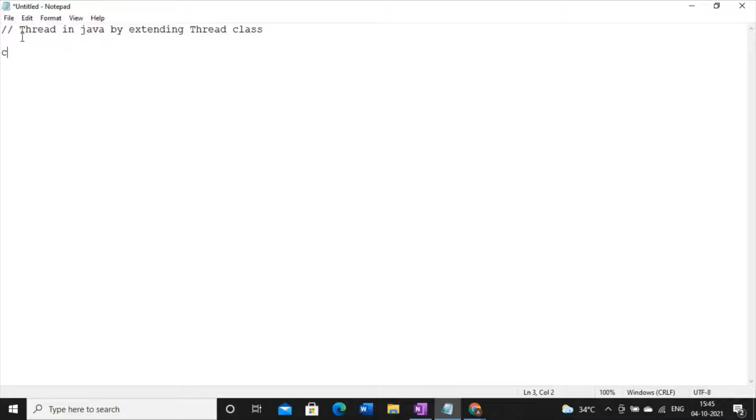So what we will do, we will define a subclass, say NewThread, and this subclass will extend which one? This superclass. So this is the first step that we are going to use. We are going to create a thread by extending the superclass Thread. Now the next part. Whenever this part is over, then we have to define one constructor.